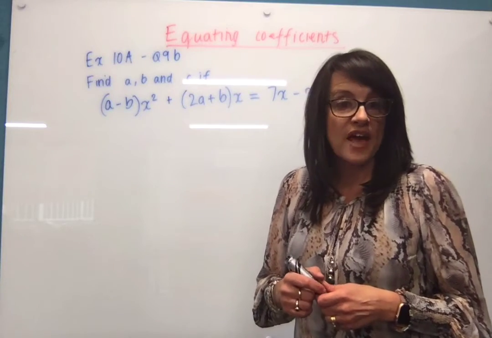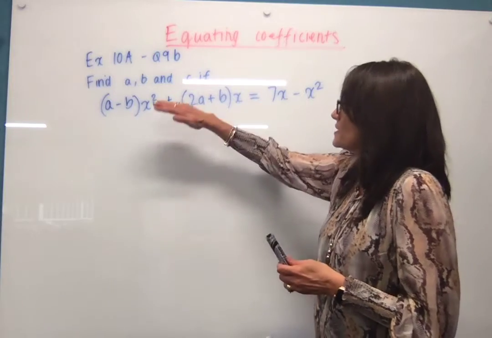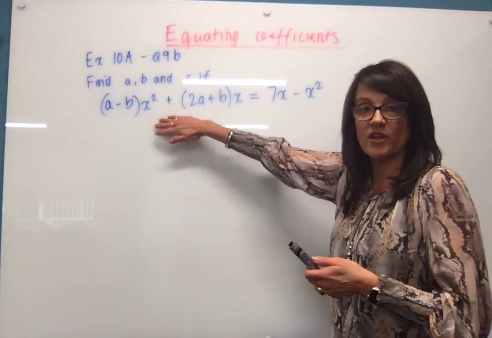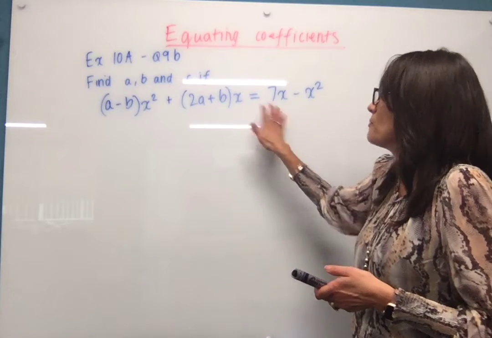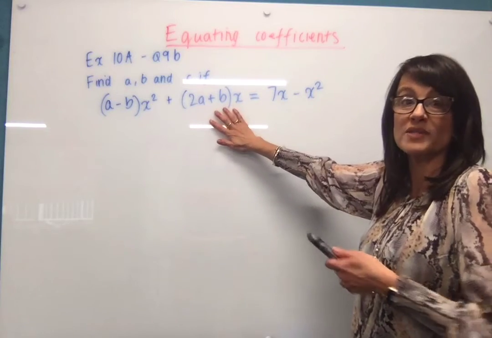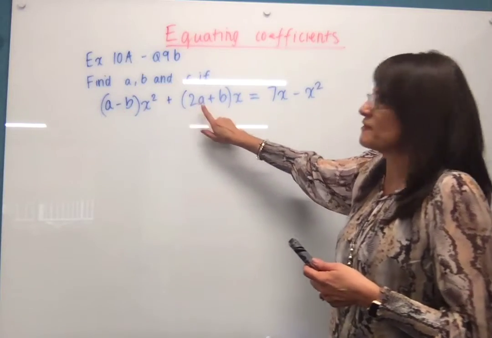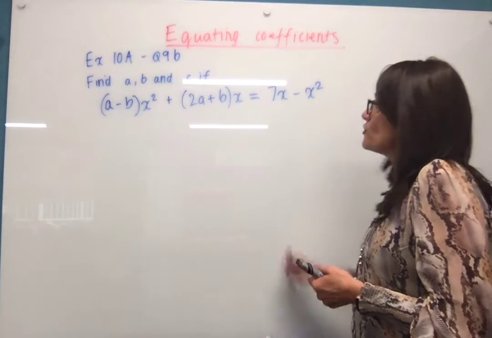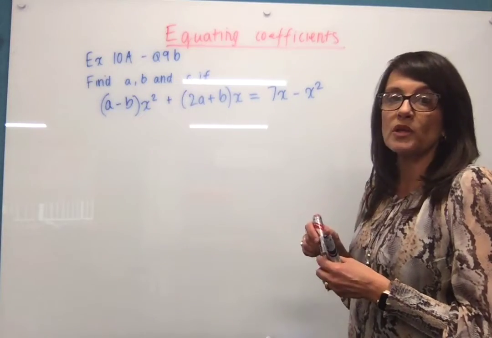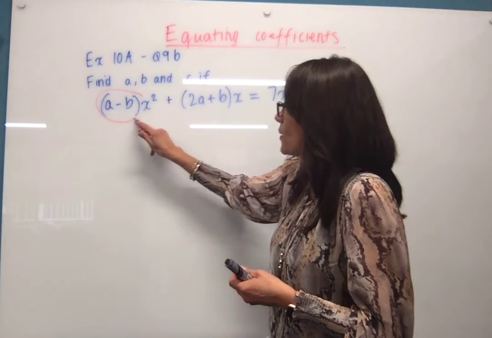Okay, now we're going to have a look at equating the coefficients when we've got polynomials set up where we've got a polynomial on the left and a polynomial on the right-hand side of an equation, and we're being told that these two polynomials are equivalent, but we've got some unknowns on the left, this a and this b. But if we know that these two are equivalent polynomials, then we know that the coefficient of x squared here,